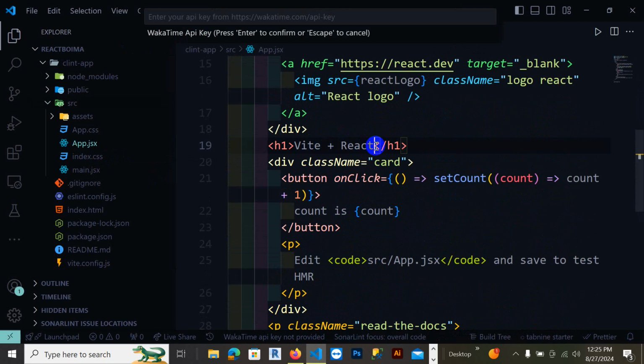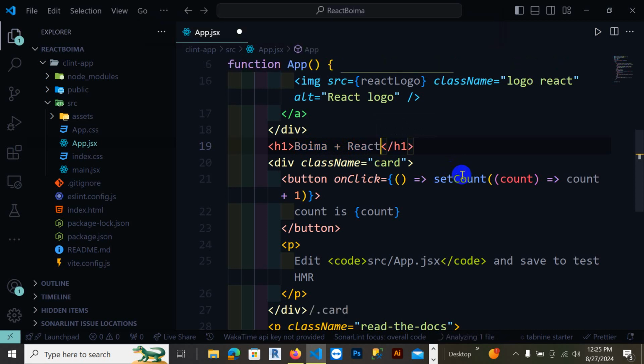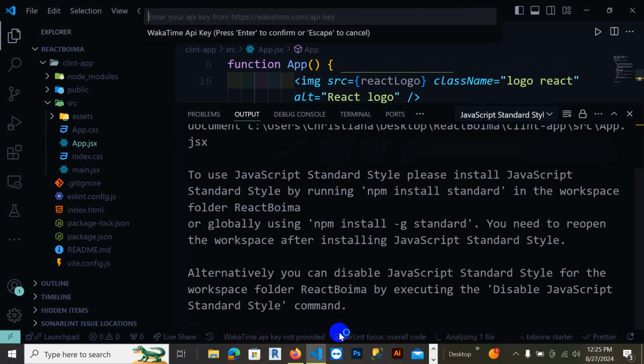If I come here and say Poema plus React, save this, and come back to the browser,